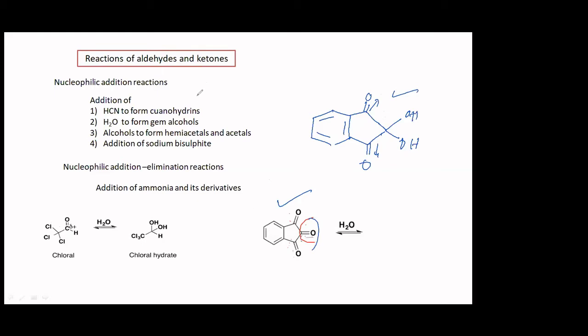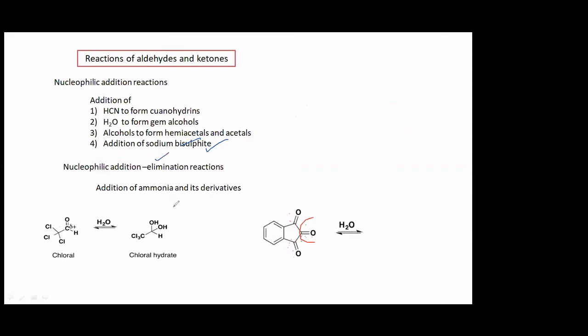Addition of alcohols, it forms acetals and hemiacetals. You should be able to find out the acetal and hemiacetal form. That is very important. Okay. Right. Addition of sodium bisulfite. This is one of the distinguishing reactions between aldehydes and ketones. Ketones do not generally form bisulfite addition product because of steric hindrance. It is the aldehyde which is going to form. So this is another very important reaction.